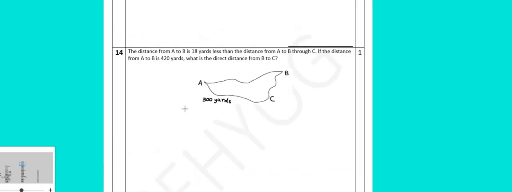Looking at our next sum, that is sum number 14. Right here, the distance from A to B is 18 yards less than the distance from A to B through C. If the distance from A to B is 420 yards, what is the direct distance from B to C? So in order to find the answer to this question, first we have to find out the distance of A to B through C,